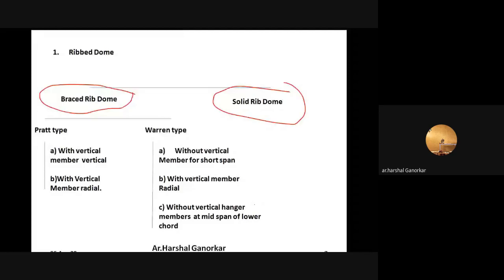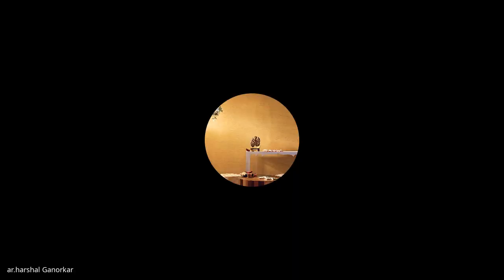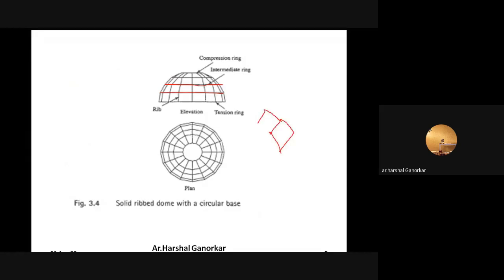Now we are going to see the solid ribs. In solid ribs, you can see the meridional portion. These are called meridional ribs. Another member is added to this, and these are again single members. If I try to draw a diagram in three dimensions, it is like this. This would be a section, and there will be a meridional portion. So this is the meridional portion, and this is the tension ring, and again at the top you would get the compression ring.